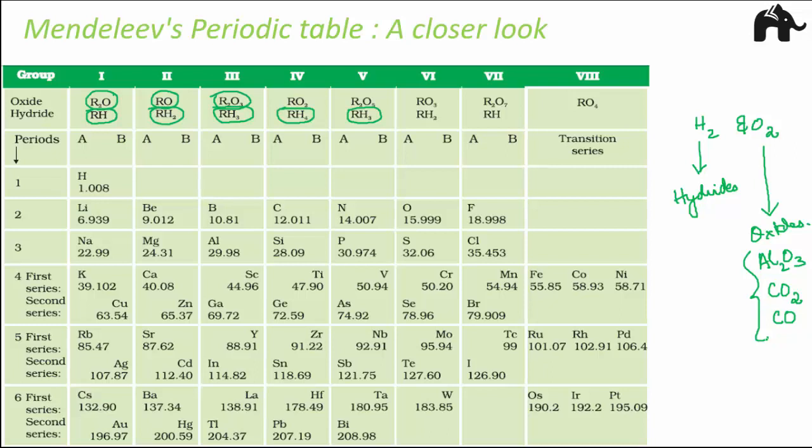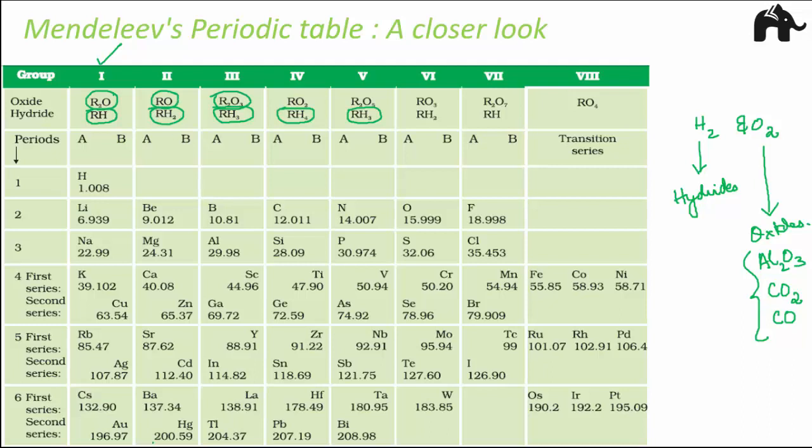He noted down the formula of the hydrides and oxides. So what he found was the hydrides were of many different forms like RH, RH2, RH3, RH4 and so on. Oxides again were of many different formats like R2O, RO, R2O3, RO2, etc. And then he put all the elements with similar hydride or oxide formulas in a group. So if you talk about the first group, all the elements with R2O format of oxide and RH format of hydride were put together. Similarly in group 2, all those with the RO and RH2 format of oxides and hydrides were put together.